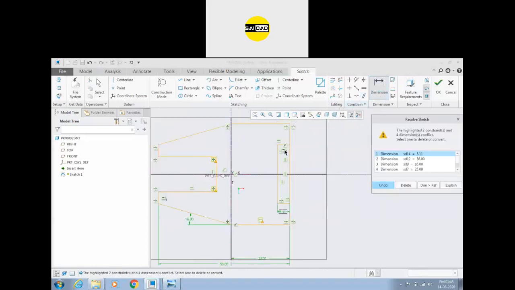There is a relation already defined here, that is equal, so we need to do something. We have to check the error. First we have a value 5, then we have the 56, we have the 16 angle, we have the 25 value. There is a relation called symmetry, there is a relation called origin.